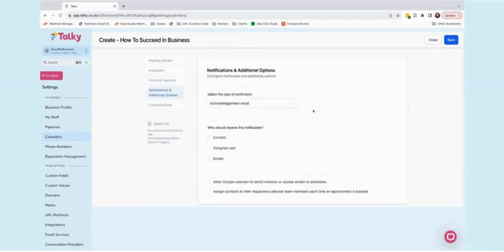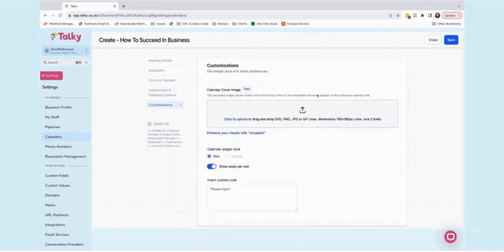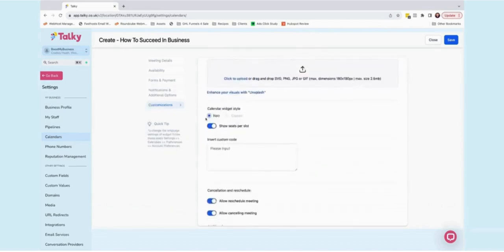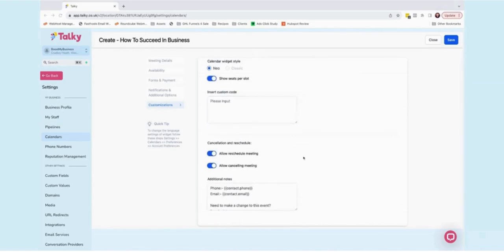Under Notifications and Options, we can select who is to receive the acknowledgement email. In this case, the contact or the person who booked the appointment and the owner of the calendar are going to get the emails. Under Customizations, you can add a cover image should you wish. The calendar widget style is set to Neo for class bookings, and you can actually display the number of seats that are available with this toggle here. Custom CSS can go in there. At the bottom of this section, we have additional notes, which is appended to the end of the acknowledgement email. As you can see at the bottom of here, there's the option to cancel or reschedule, and you can control these by turning off the toggles like so, and with that all done you can now click Save and the